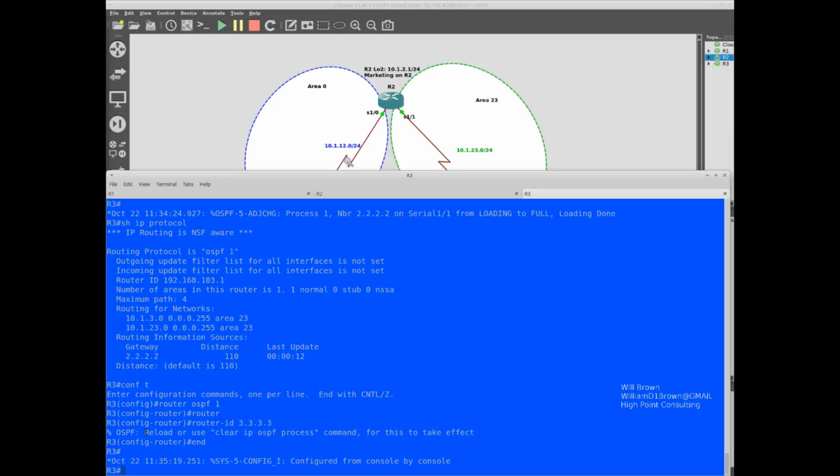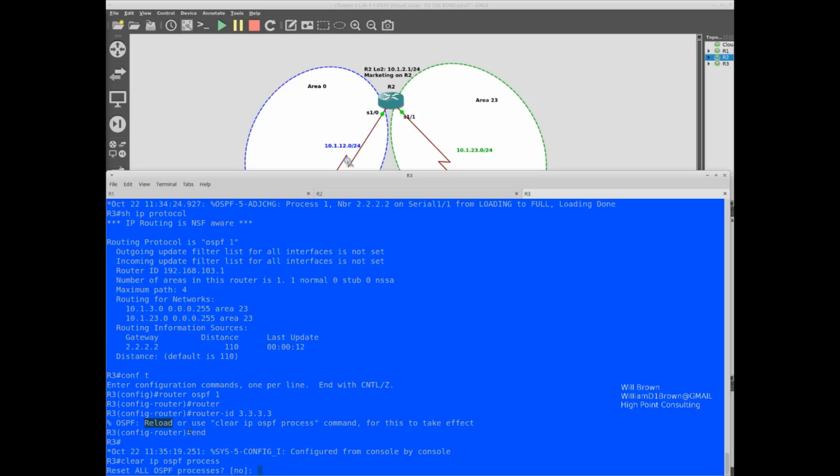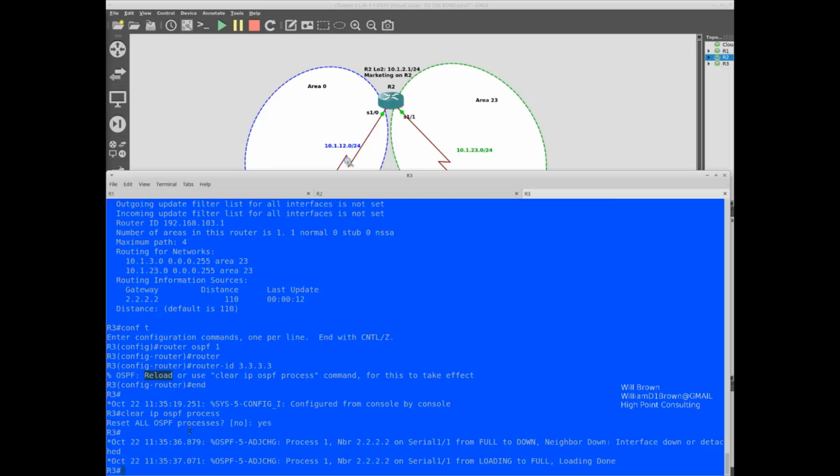I mean, you can kind of get the idea here. Reload means that the router is taken offline and the IOS reloads the configuration, and the router starts over. So if that happens, all networking is down. So I'm going to just say clear IP OSPF process and say yes. It happens very quickly here in GNS3 and in a lab environment.